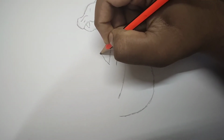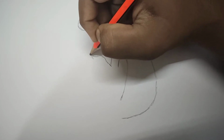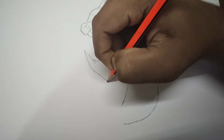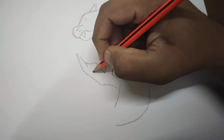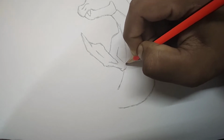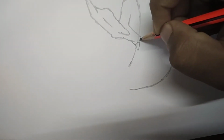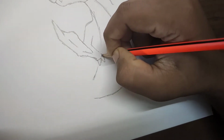Draw the scales of his arms. Draw some lines indicating the scales, and finally attach it to the hand. Okay, for the claws, just 3 triangle-like figures, 1, 2 and 3. Let me just erase the overlapping line. Okay,